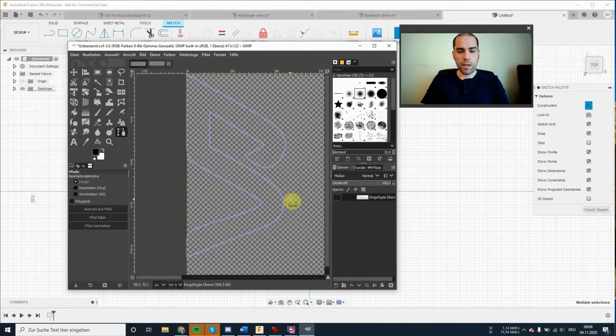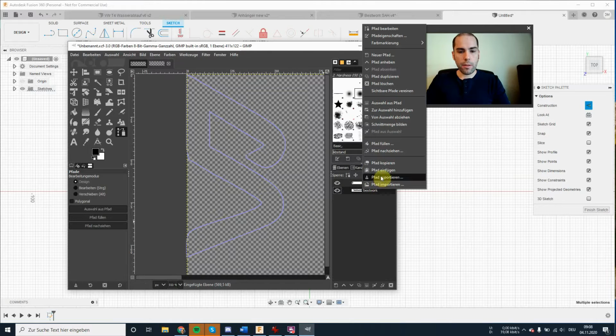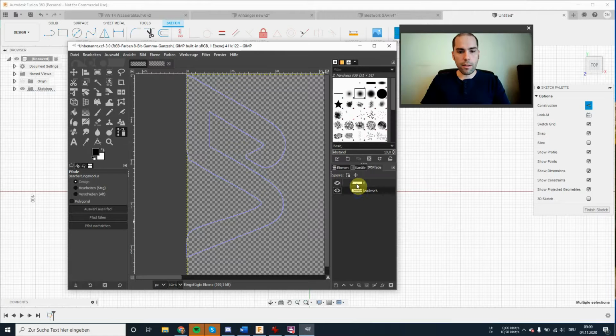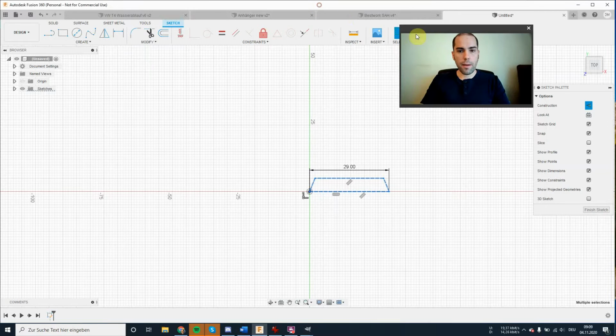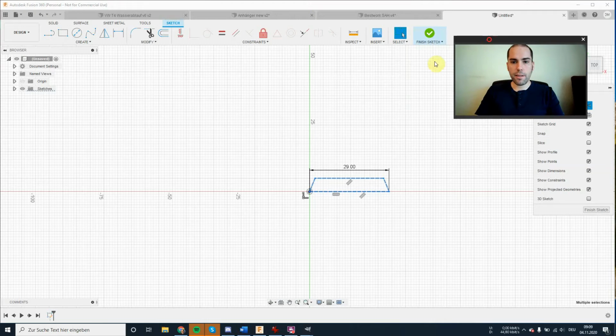Yes, this is best done in a graphical program such as GIMP or Photoshop. They're pretty much all alike in this respect. You need to export the scalable vector graphic, and since we already did this, we insert it by using the insert SVG command.